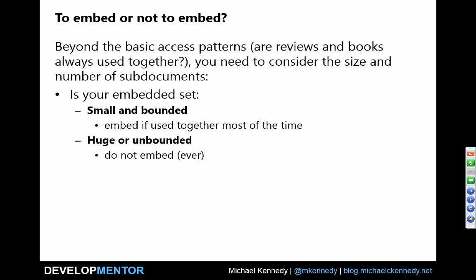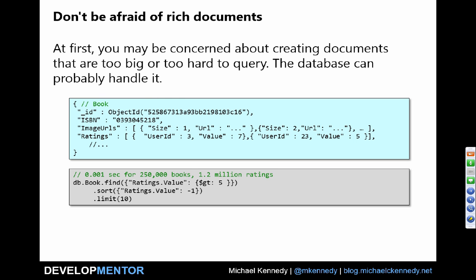If it's a really small set and you typically want them together, then you probably should embed it. However, if it's a huge or unbounded set, you cannot embed these reviews. And the reason is because those documents are limited in their size. And even if they weren't, what if your reviews ultimately over time had a gigabyte of data? If you're just going to pull the book back and figure out its title, you'd be transferring a gigabyte of data off disk and off network, and it's all bad, right? So you don't want to put them in there if it's going to be unbounded. Right, so that's kind of the guidelines there.